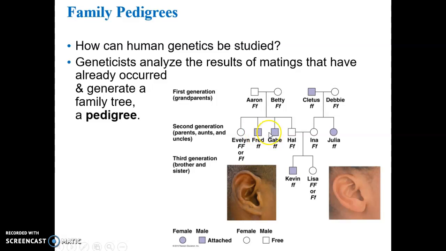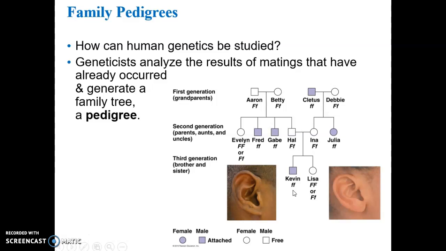Notice that the only way you can have the attached earlobes in a generation is if the generation above at least was heterozygote, okay? So track this down, follow it through, and make sure you understand how the recessive characteristic can be expressed in this example only by being genotype recessive,